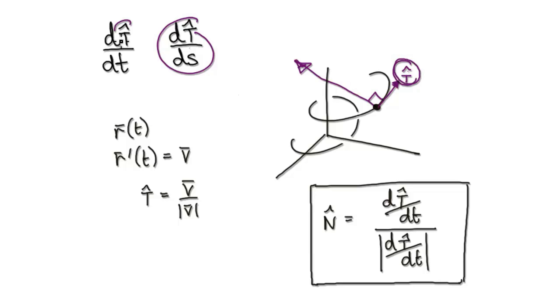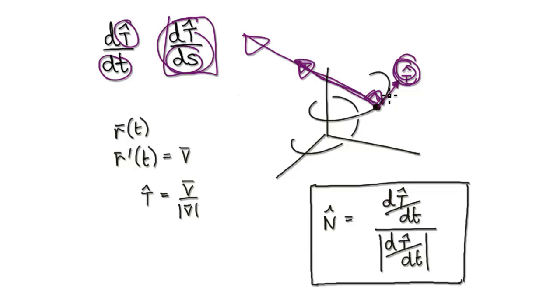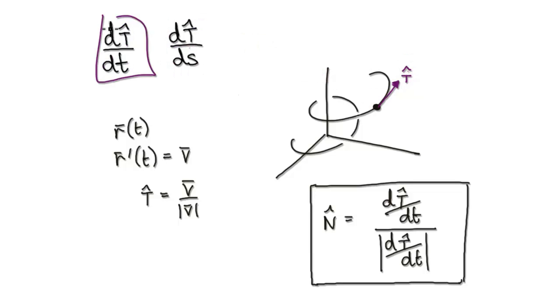So when you differentiate the original tangent with respect to time, it will be orthogonal to the original. When you differentiate it with respect to arc length, it will also be orthogonal to the original tangent. So we're going to try and understand why that is. Okay, so